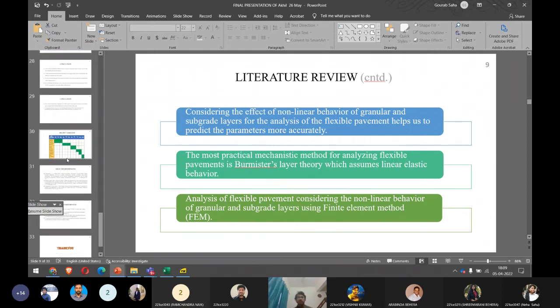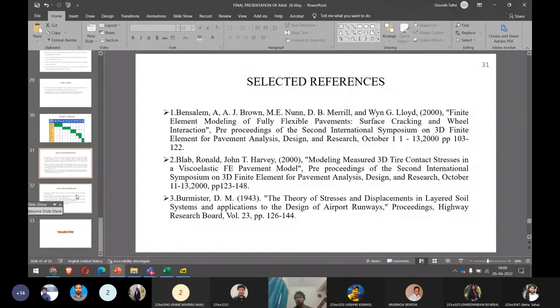When you're ending, always put selected reference. Selected reference means, for some of the reports, when I was checking, there were 5 or 6 references only, which is also not good. And many of you actually didn't follow the reference style. We talked about the reference style in detail. We gave an example, the recorded video was there. Many of you didn't follow. So anyway, that happens. Those who have followed, well and good. Those who have not followed, it's time at least to make the correction in your